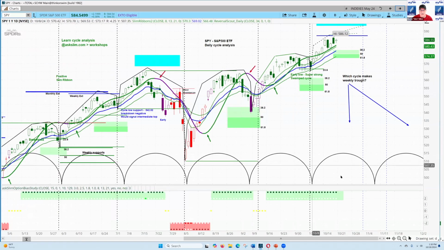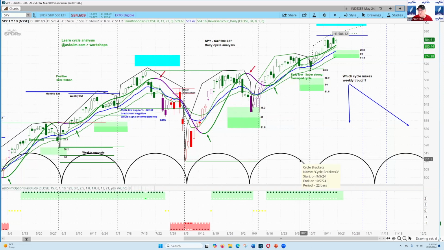So now here we are on the daily, and you can see these vertical lines are the actual places where these cycles have their troughs. And this is the cycle pattern right in here. The cycle's been shortening a little bit. And for our members on the SPX chart, you will see the cycle counts are added in there. This was only around 21 days off of this low right here. And these have been 23, 21 days. So this cycle bracket is now shortened from what was 24 to 22 bars, as you can see.